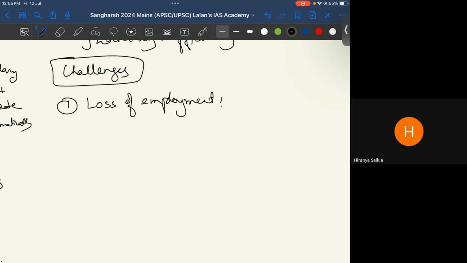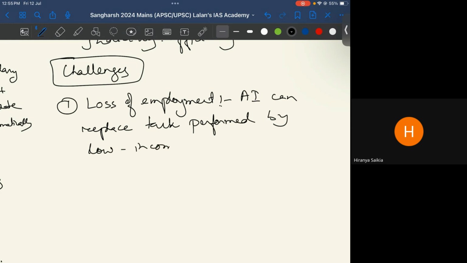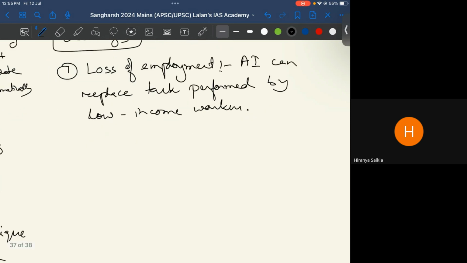So you can say that AI can replace tasks performed by low-income workers. এক number challenge. Second challenge is it can potentially widen inequality,